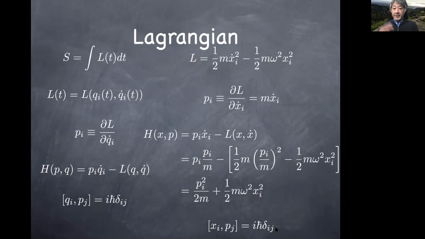So that's the standard formulation, starting with a Lagrangian. So in this case, half m x dot squared minus half m omega squared x squared, that's the Lagrangian. And then from the Lagrangian, you define the canonically conjugate momentum. You derive the Hamiltonian. And once you know what the canonical conjugate momentum is, you set up this canonical commutation relation